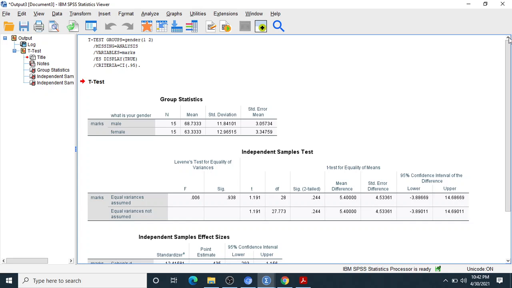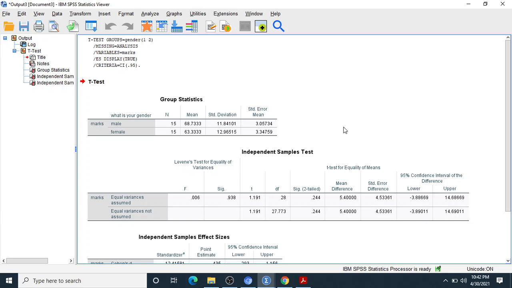So in this case, we use the independent t-test, and this is our result. First, we check the normality, then we check the homogeneity. Both conditions are okay. Then we go for the independent t-test, and this is our result. The result is saying the difference is non-significant because the p-value is more than 0.05. That's why the difference is non-significant. So this is the result of the independent t-test.